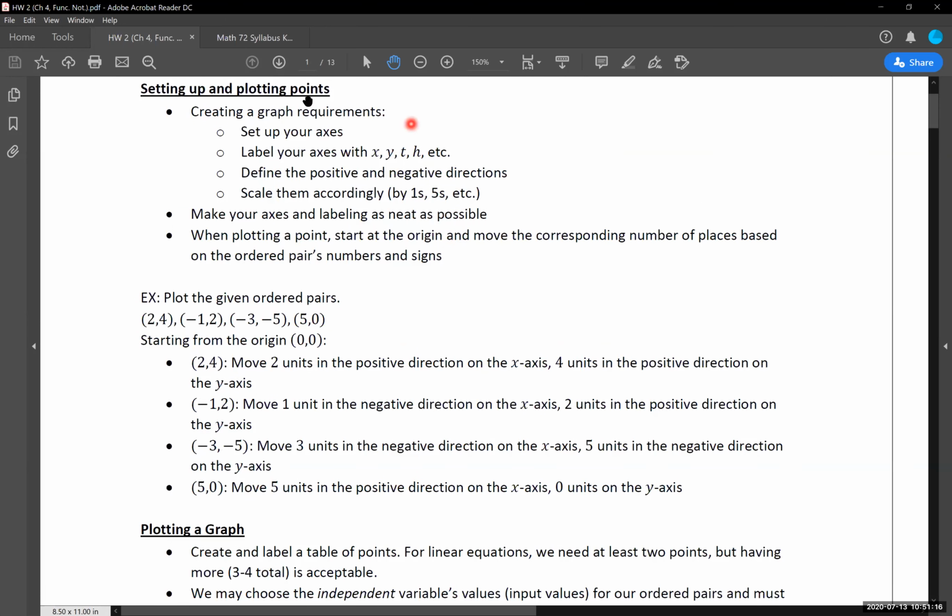But remember, we need to make sure we have these requirements when we're setting up our graph. We need all of this done before we do any kind of graphing or plotting of points whatsoever. If you do not have any of this written down on your scratch work for the test, for instance, I will be taking off points. Even if on the assignment itself it says you have everything plotted correctly, if you do not have this written down correctly on your paper, I will be taking off points. I will go in and manually override the grade in WAMAP. I'll be taking off points if any of this is missing.